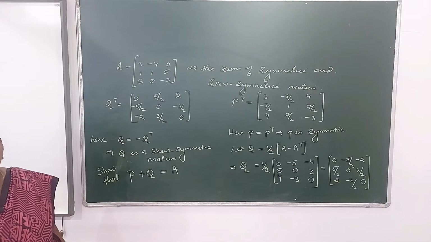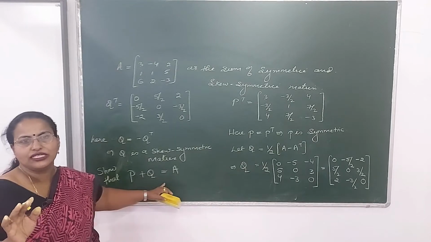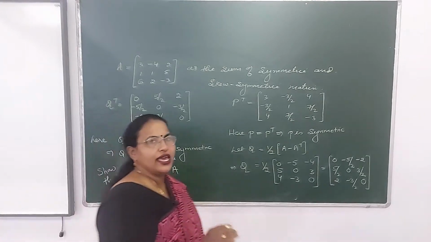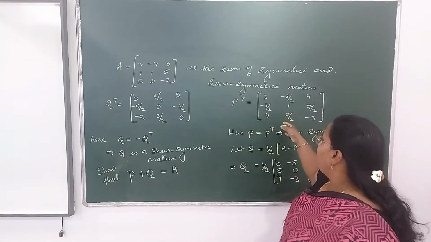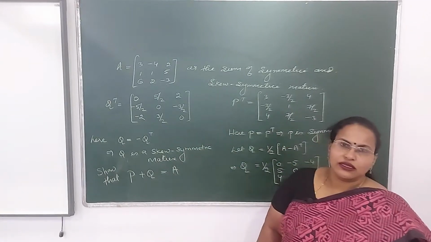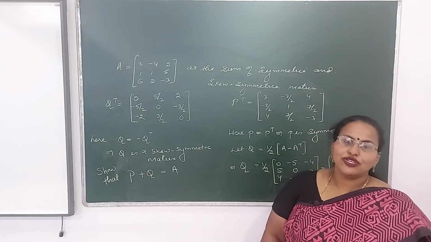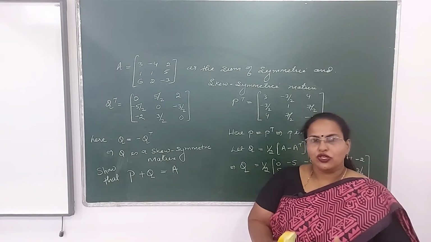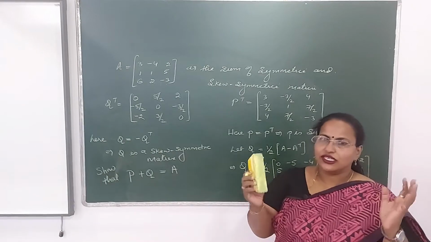So, following this, what to do? You will be adding P and Q and you will show that the sum of the two results in A. So, what's the final conclusion? The last step will be A can be expressed as a sum of P and Q, where P is definitely a symmetric matrix and Q is a skew symmetric matrix. Is that okay? So, now let us do a few more questions based on the concept of transpose of matrix, and by that we can end the video because almost all the concepts related to transpose I have told you. Okay, so we will be doing certain questions now.